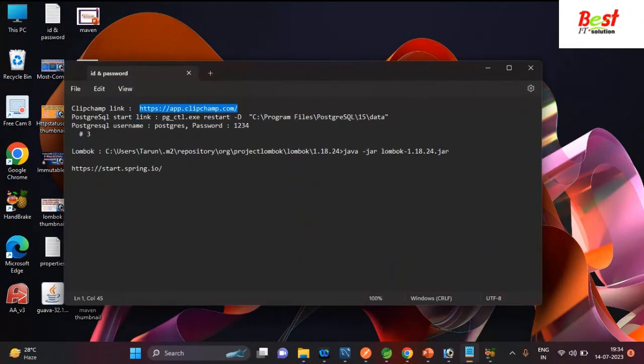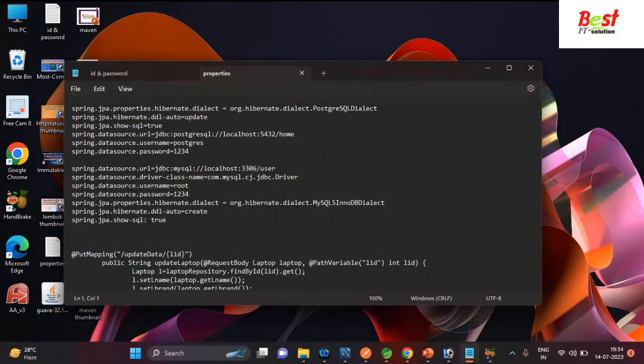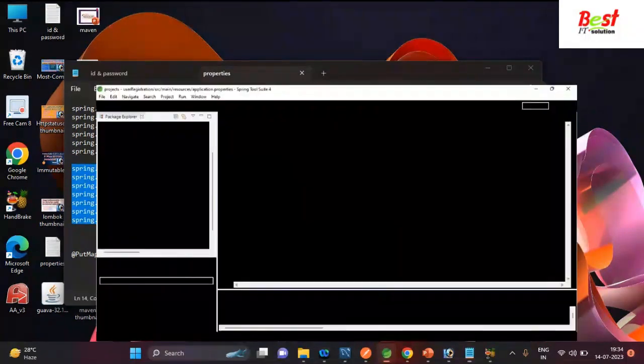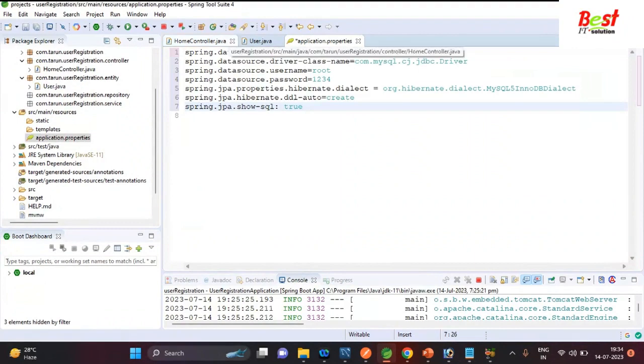I have copied all the data source properties here. Paste. Okay, so the spring.datasource.url equal to jdbc:mysql://localhost, and this is the database name. You need to create the database in MySQL. So the database name is